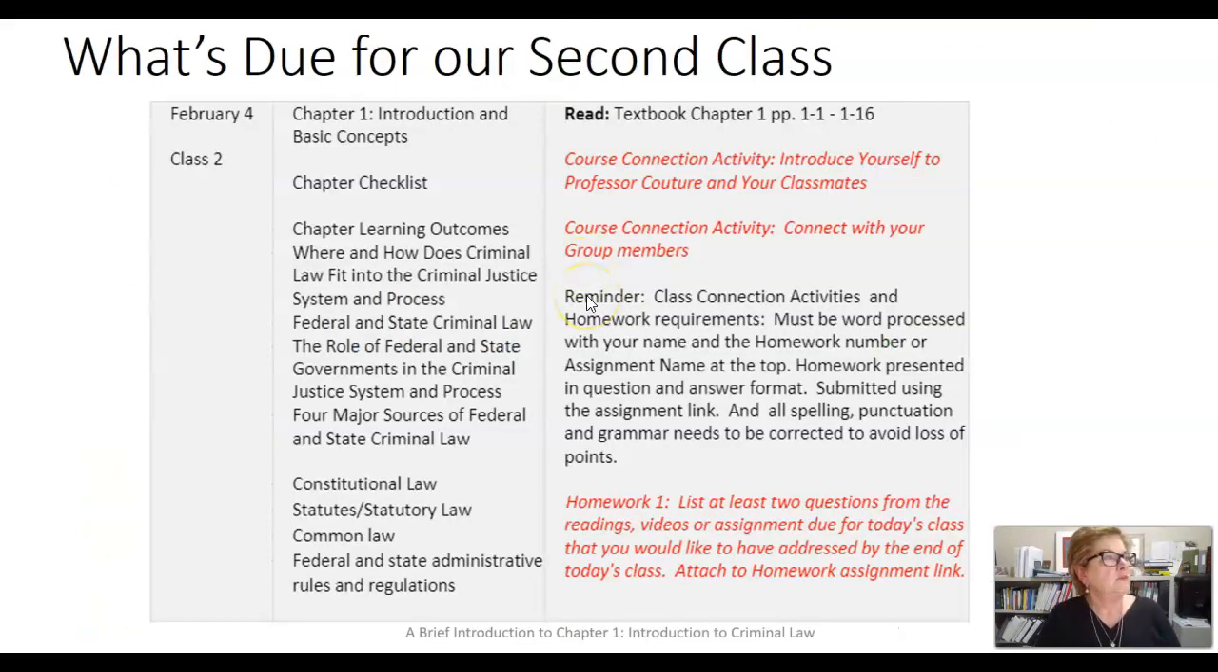Okay. What's due for our second class? This can be found in two places. One, in the section of the syllabus called course schedule. It is also in chapter 1, under the title of